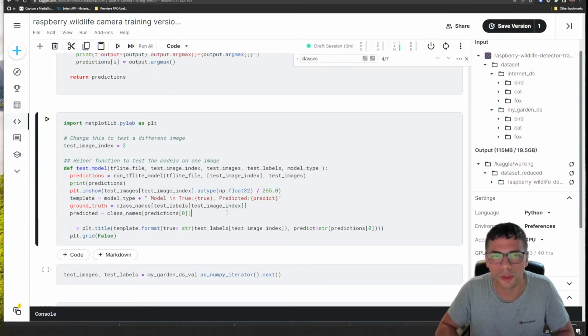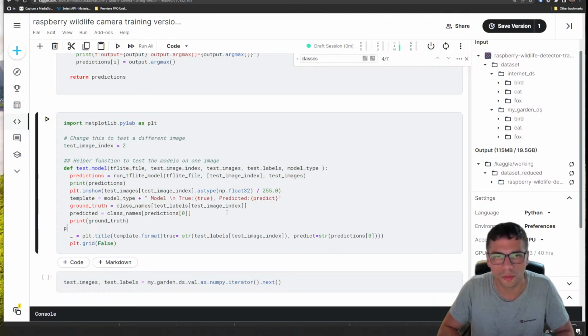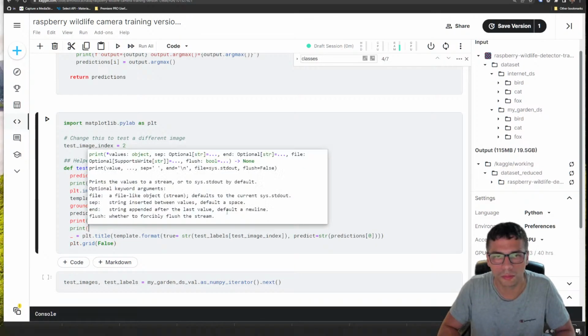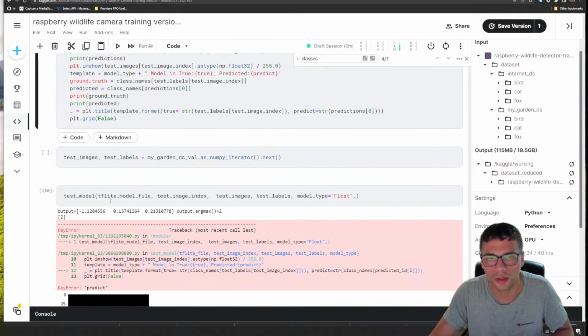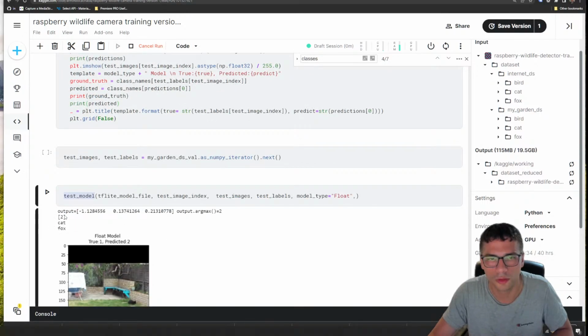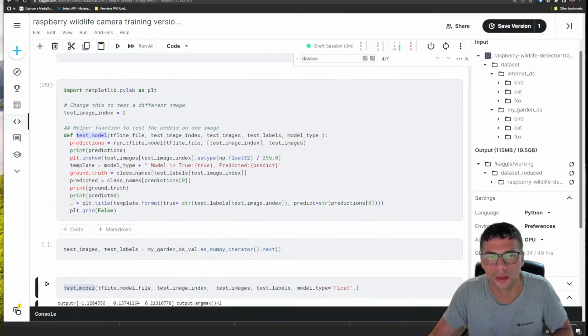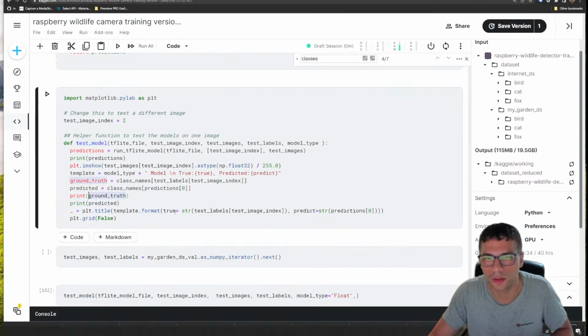Remove the extra square brackets. Print ground proof. Print predicted. I just want to see what the data type is and how it shows up to see if it's correct or not first. Okay, I can see cat, fox. Okay, that's correct. So I can put true equal to